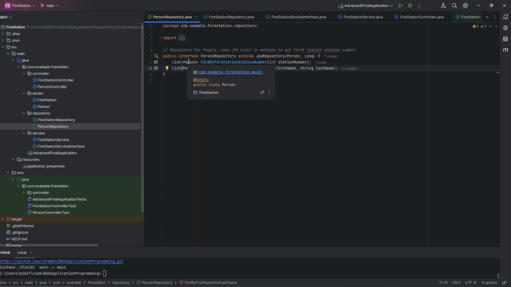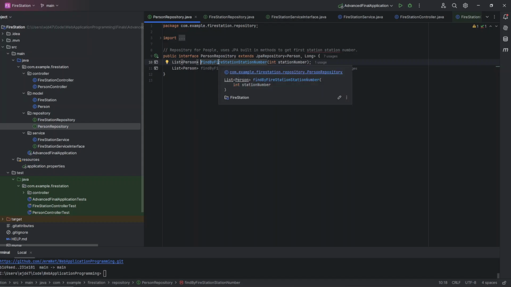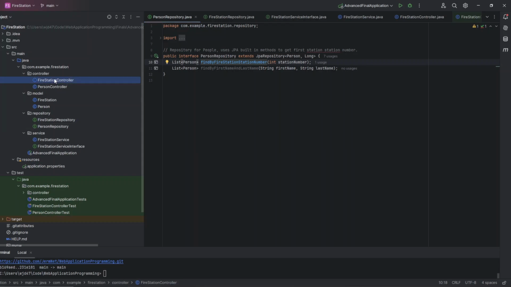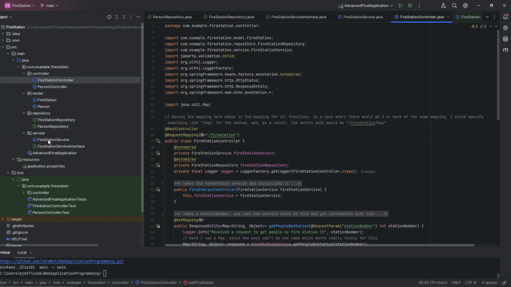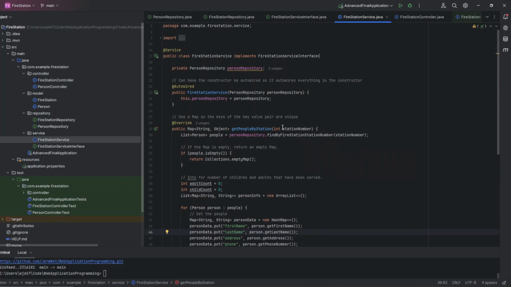And then here's the one I'm actually using, which uses the JPA, basically using the built-in methods, and so you can do find by blank, which is very common, but also I can use find by, in this case, fire station station number. So I'm basically find by this object's station number. So you can basically specify more than just an object, which is really cool. And then actually, I'll go into the service, and then we'll go into the controller. So person repository here,